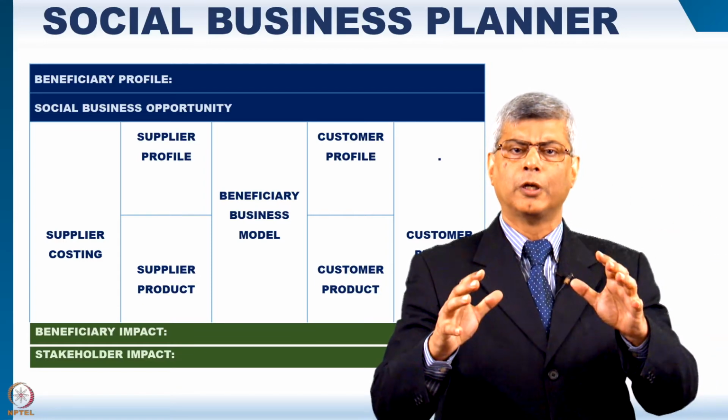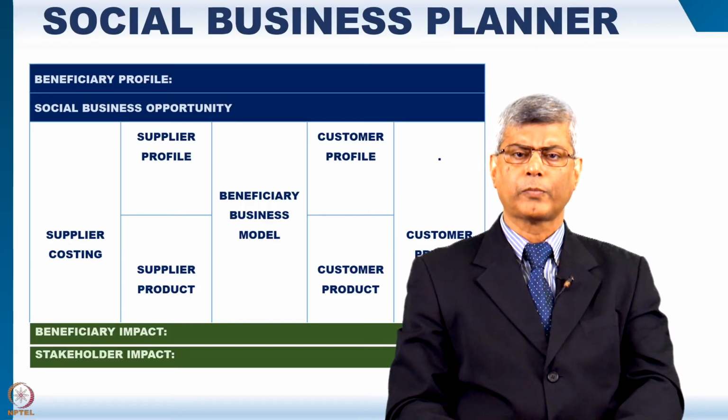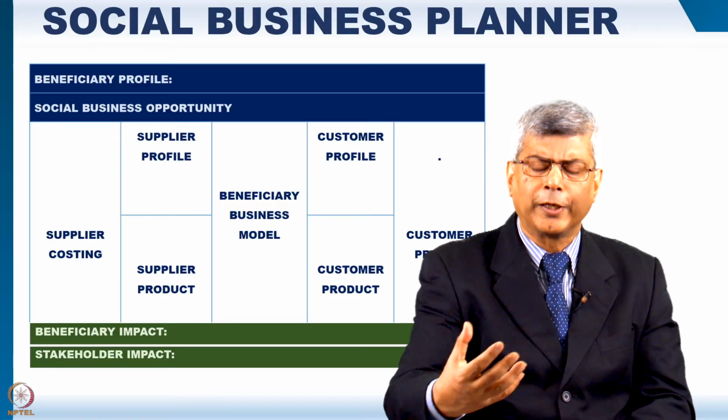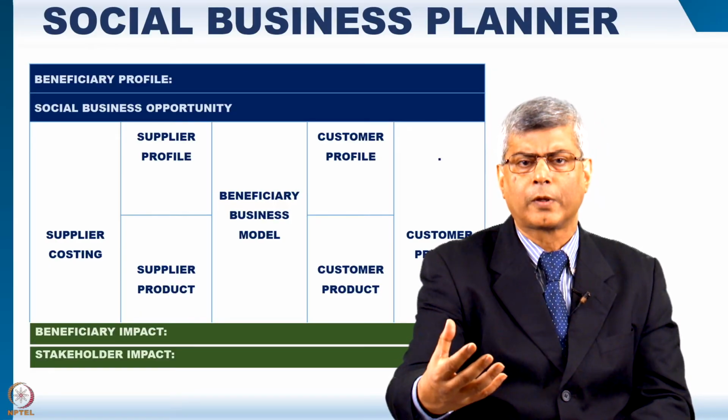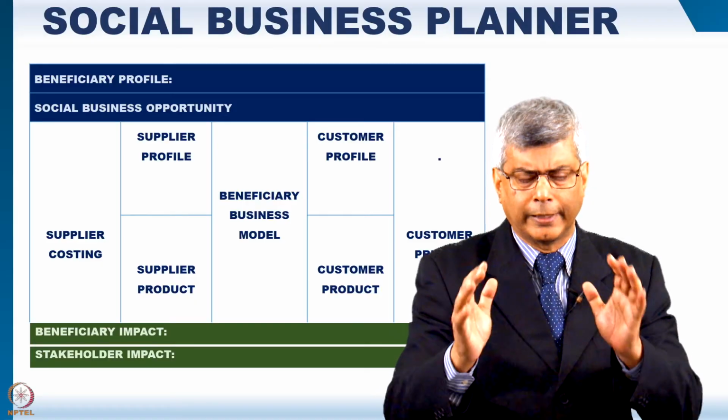So those are the beneficiaries. Now let's say you are trying to look for an opportunity that the beneficiaries can build a business around. For example, just as an example,